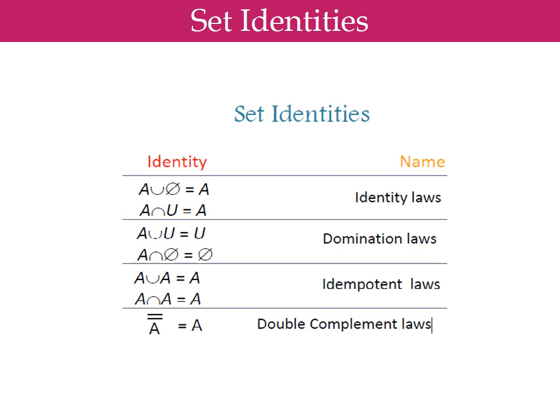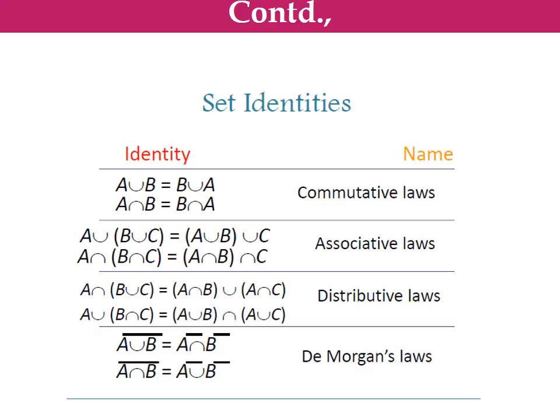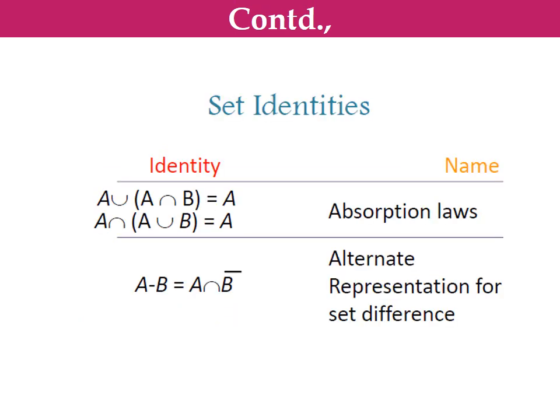And the next one is set identities. So these are some identities we are going to use while solving problems. Often we will use them. This one is identity law. Second one is domination law. Third one is idempotent law. This is double negation law. And commutative property, associative law, distributive law, De Morgan's law. Among these, distributive law and De Morgan's law are very, very important. Using those, we solve some problems also. And this is also a familiar identity. We may use all these laws in our unit 1 and 2.